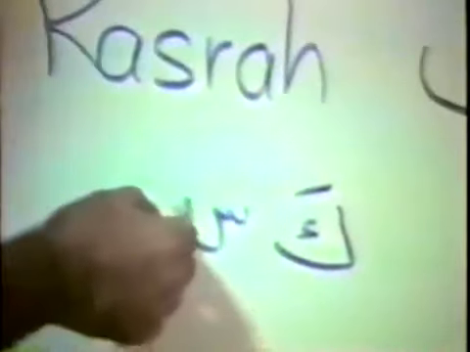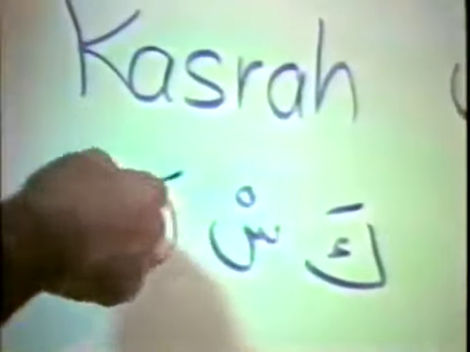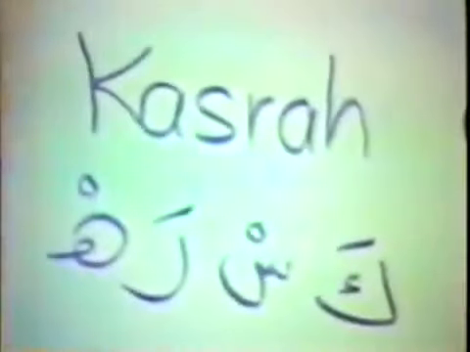and make it like this for the vowel, ka. And then the sin, and you put a sukun on it, kas, ra. Here is the letter ra, and the vowel is a slanted dash on top of it, kasra, and then the ha, and with a sukun on it, a circle, kasra. This is the name of this vowel.